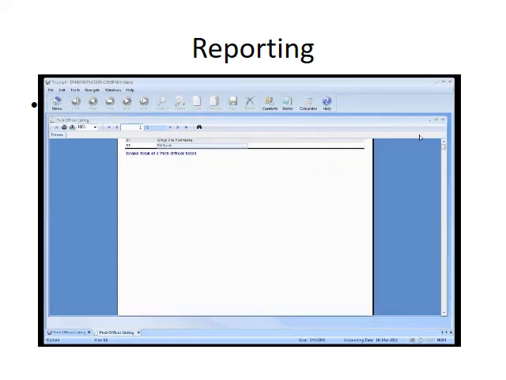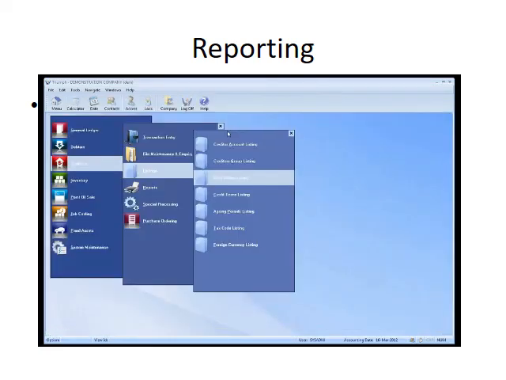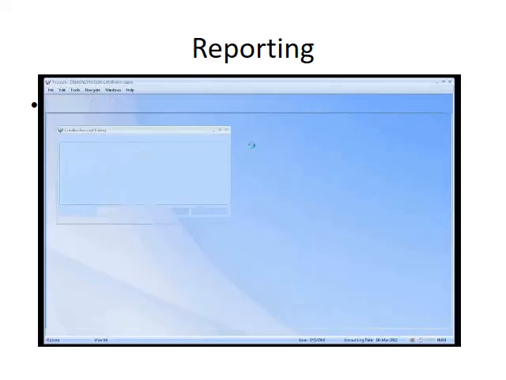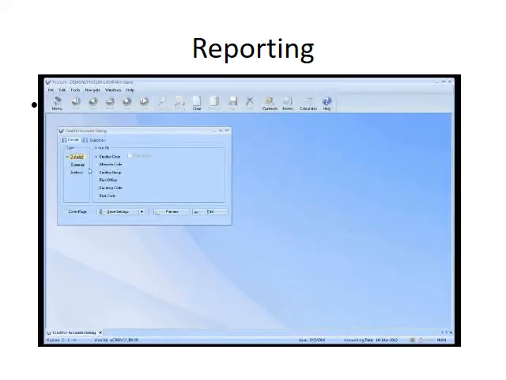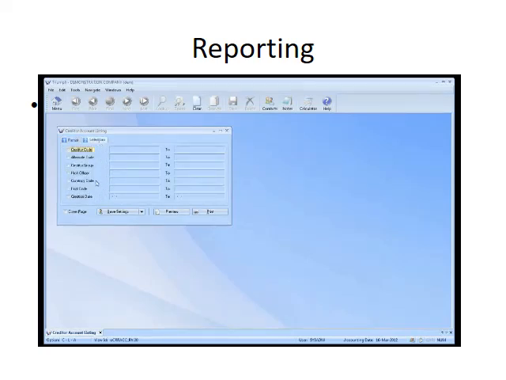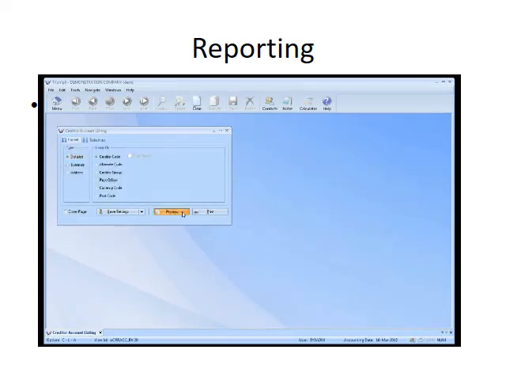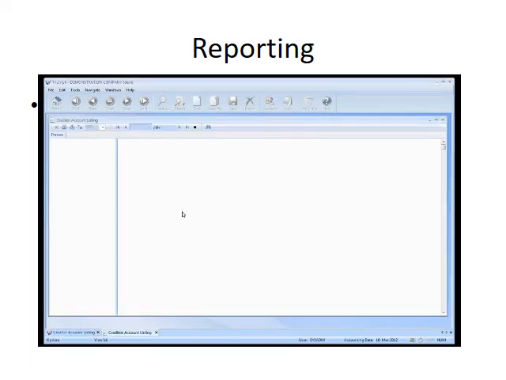It doesn't matter how big the report is to search it. It will come out of that simple report, and if you go to the creditor account listings, it gives you a few more varieties. You can get one giving you the full detail of all details you put in, a summary one, or just with the addresses. And then you can group it by certain categories, and you can do certain selections on it. If I just do a detail one, so you have a quick summary of what's there,